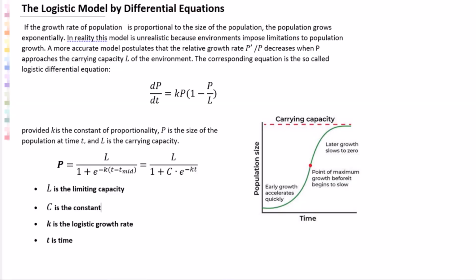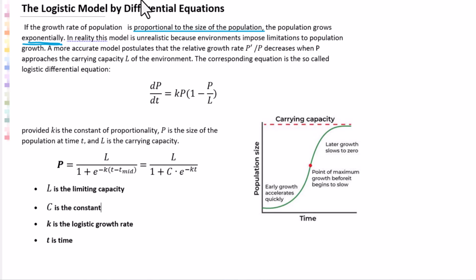Logistic model by differential equations. If the growth rate of a population is proportional to the size of the population, the population grows exponentially. In reality, this model is unrealistic because environments impose limitations on the population growth. A more accurate model